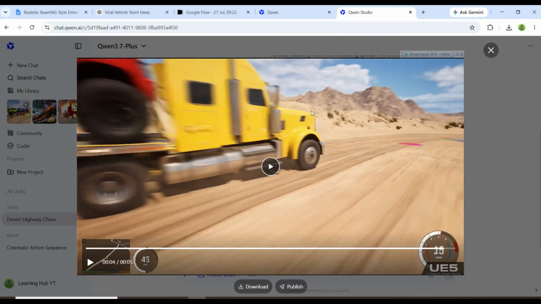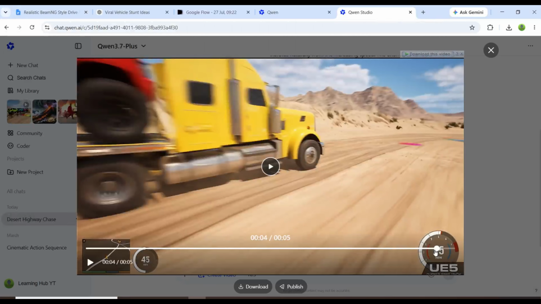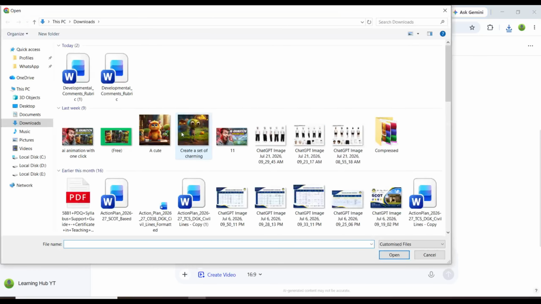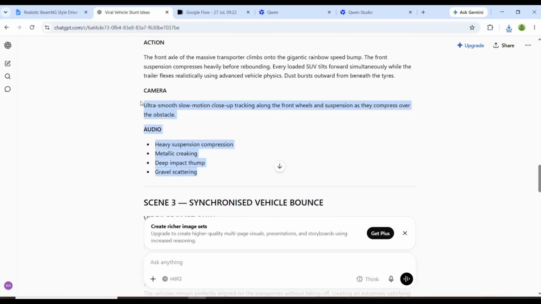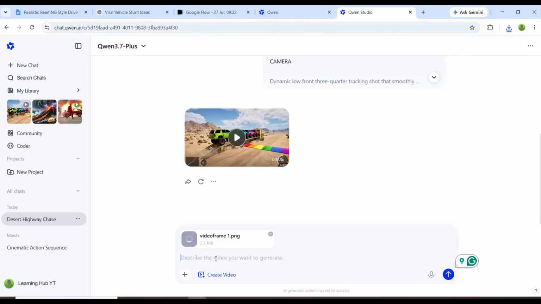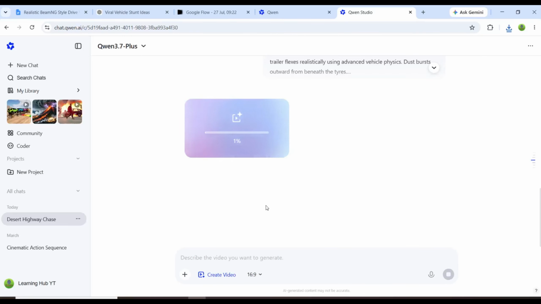In Qwen AI, pause the video on the last frame, press and hold on the screen, and choose Save Video Frame As. This saves the final frame directly to your gallery. Now, upload that saved image back into either Qwen AI or Google Flow. Return to ChatGPT and copy the video prompt for scene 2. Paste the prompt into the video generator while using the captured end frame as the reference image, then generate the